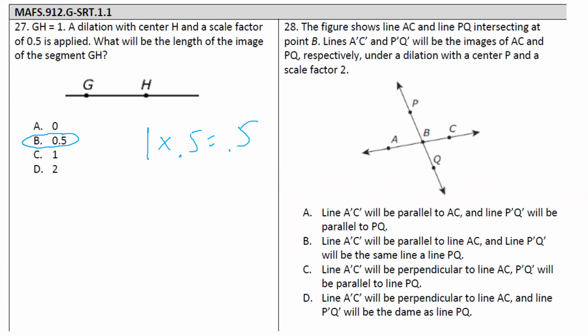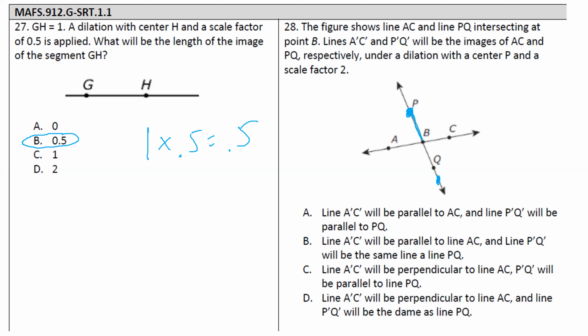On 28. So they gave us this whole image. It says that they are going to be dilated by a scale factor of 2 with a center at P. So P is our center. So P doesn't move. When we did our dilations before, the distance from the center of dilation is going to get multiplied for each and every one of these values. So on here, whatever the distance is, so we have from P to B, that distance is essentially going to get doubled. So now it's going to be roughly down here,